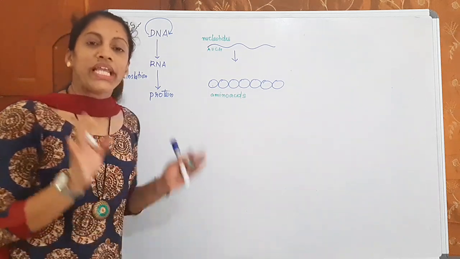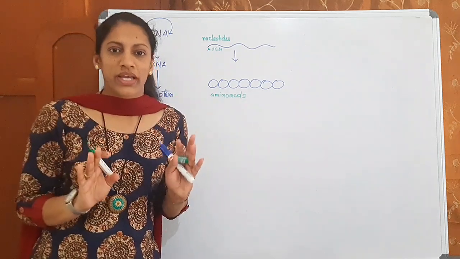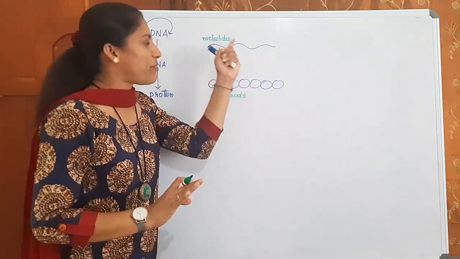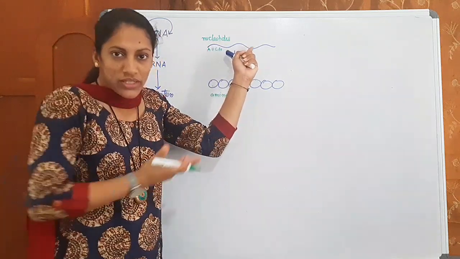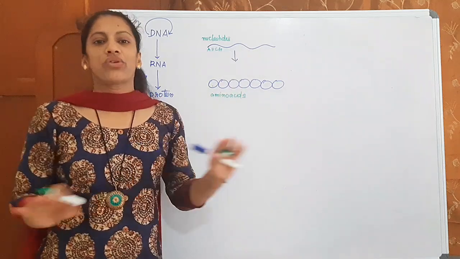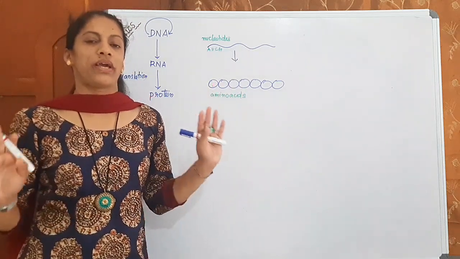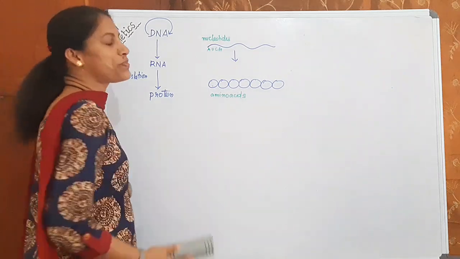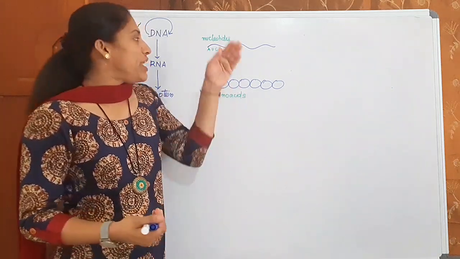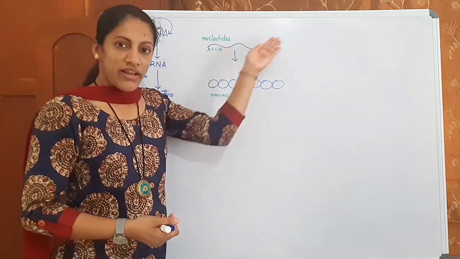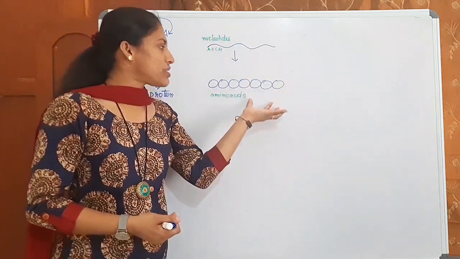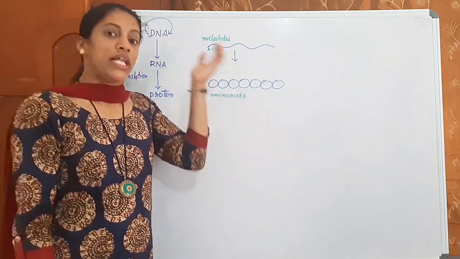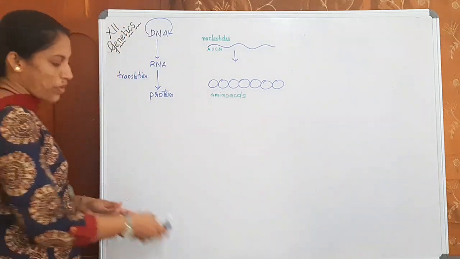There is no complementary base pairing between these two. In order to produce a protein from an RNA, in order to copy this information, there is no complementary base pairing existing. So we have to see then how this is possible. How is the information hidden here passed on in the form of a chain of amino acids?